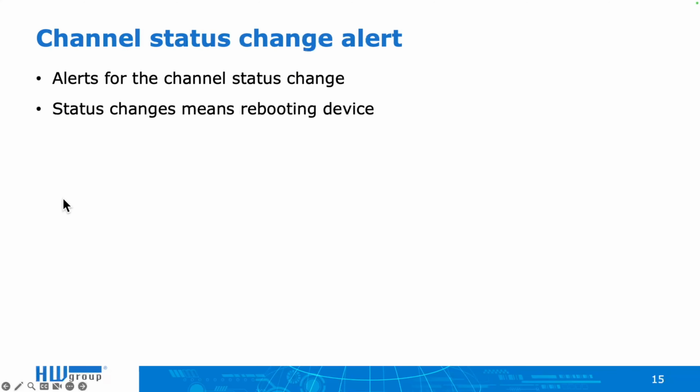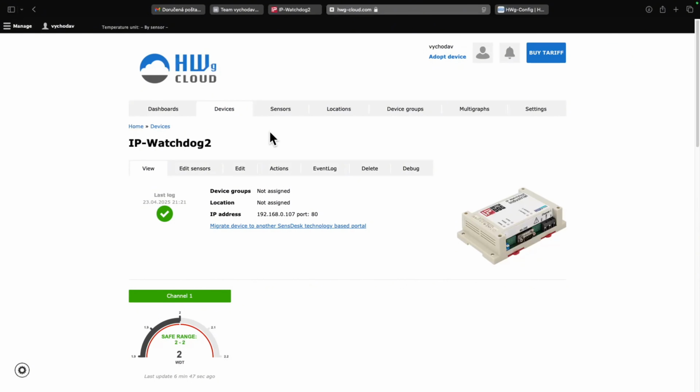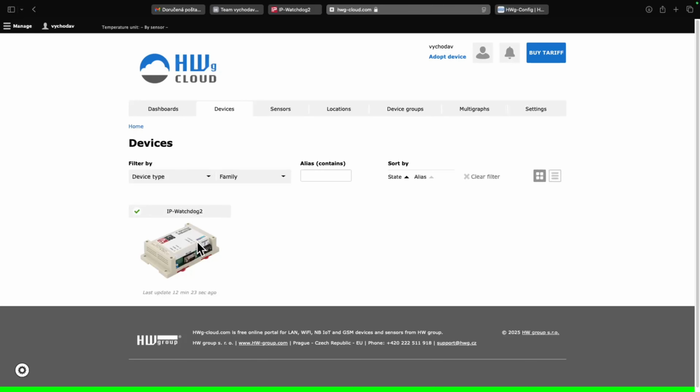Another step is configuring an alert for when the channel status changes, meaning a restart has been performed. We can set this up for channel 1, where we have preset manual control. The alert can be configured in the following steps. Go to the Devices tab in the HWg-cloud, click on the IP Watchdog,